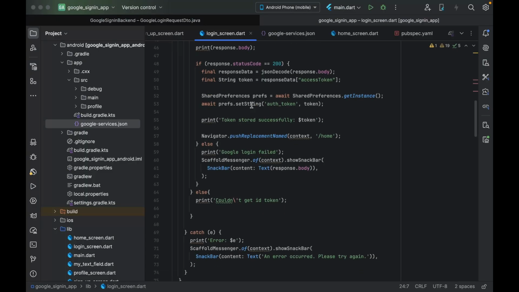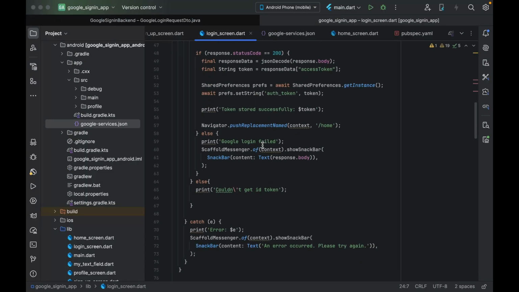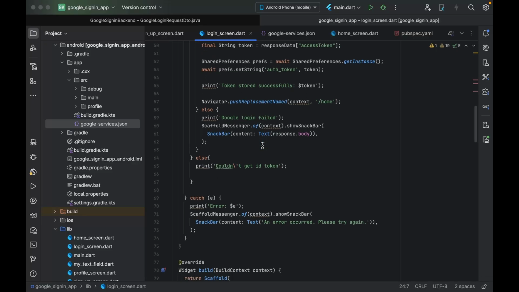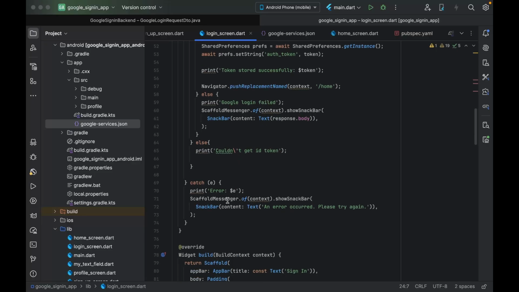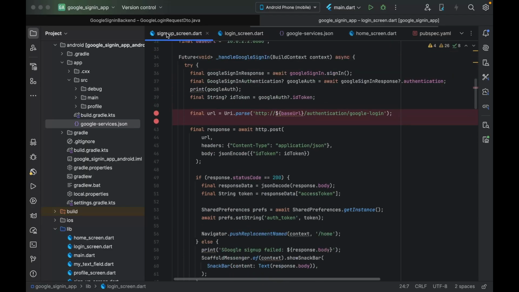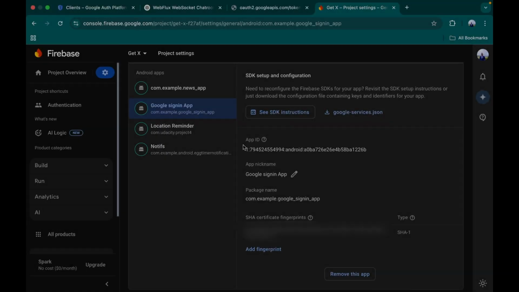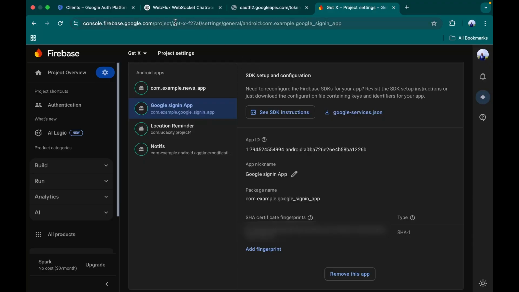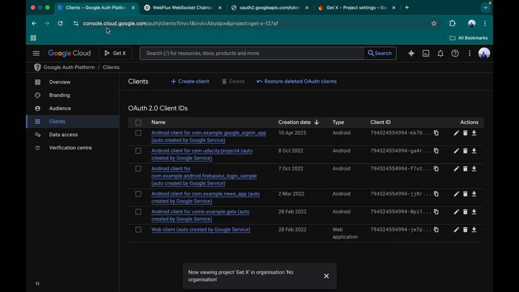Then store the token in shared preferences, which will be used for data calls. Okay. So if it is not successful, just use a snack bar to print an error message. I'm doing the same thing in my sign up screen. Take note that when you are done here, you come to your Google Cloud console, go to